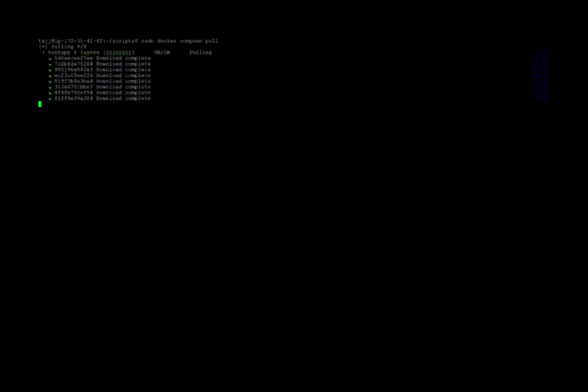So you can see it's pulling the layers of test app because, of course, images are made up of layers. Each layer corresponds to a command in the Dockerfile. So it looks like we've got a pull complete. So the next thing we're going to do